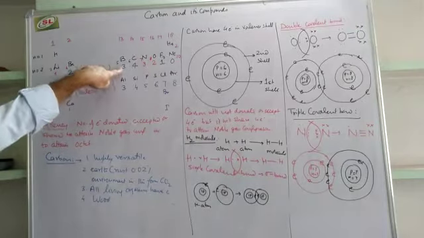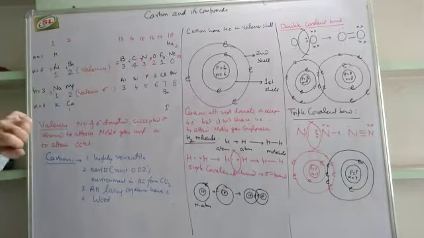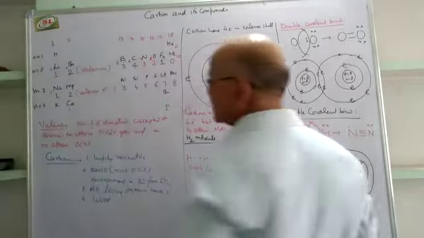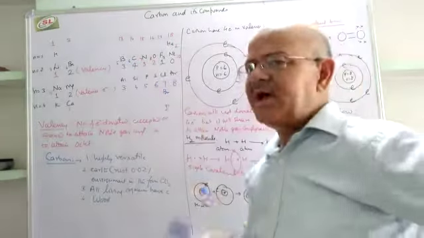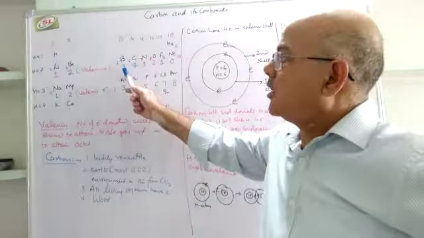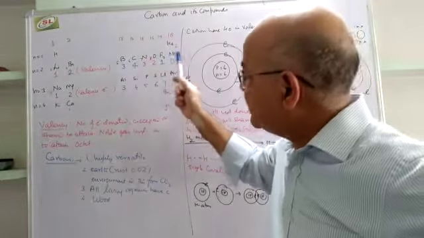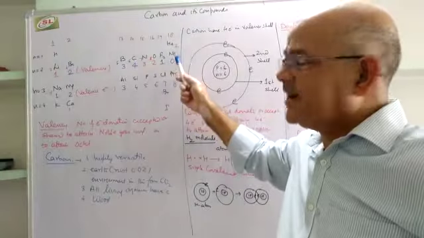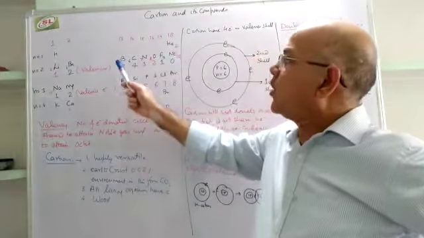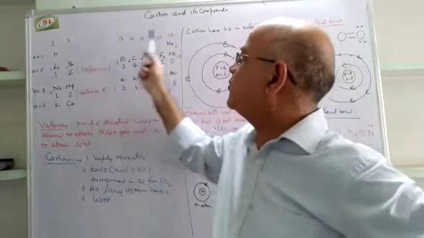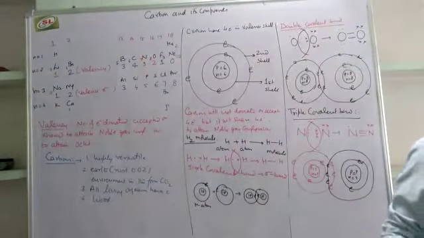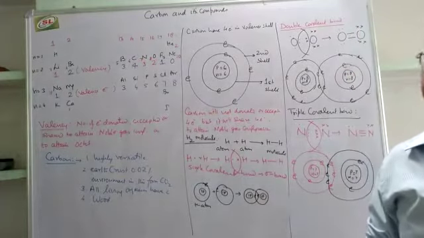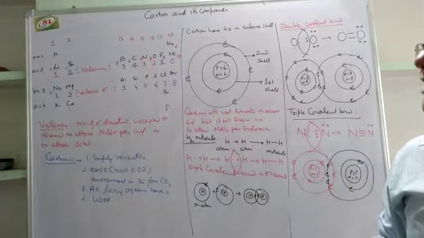The same thing we can observe in boron and aluminium. They are 13th group elements. They also have two options: either gain 7 electrons to attain the 10 electron configuration of neon, or donate 3 electrons to have the helium gas configuration. So it is easier to donate 3 electrons rather than gain 5 electrons.